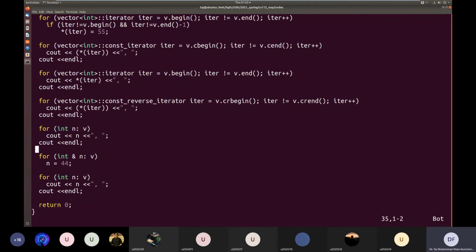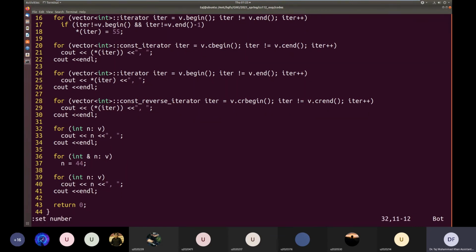And similarly here, we are making a copy of n. But sometimes the objects are so large that we don't want to make a copy of every element, because copying involves the copy constructor, so everything is copied. It could be the objects are very large, containing lots of dynamic memory, so the copy operation could be very costly. So we can use a reference here also.